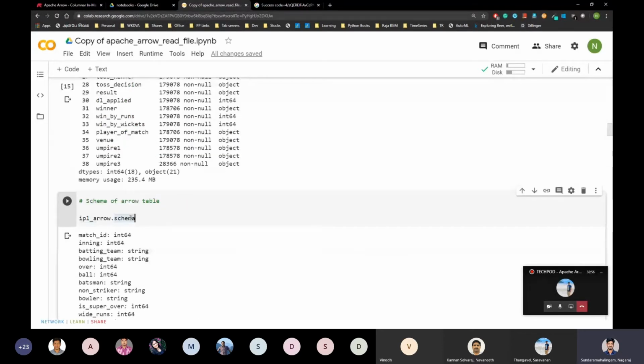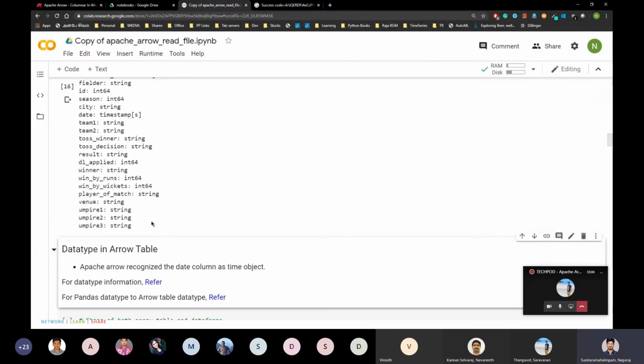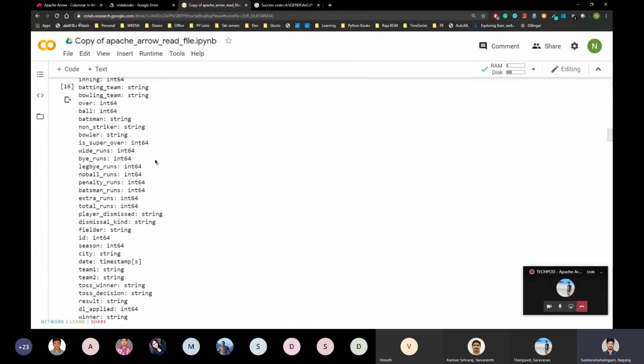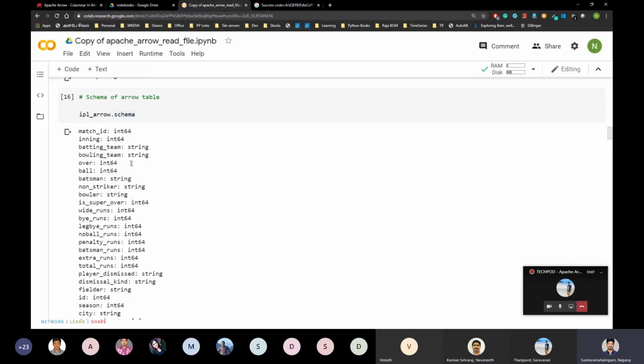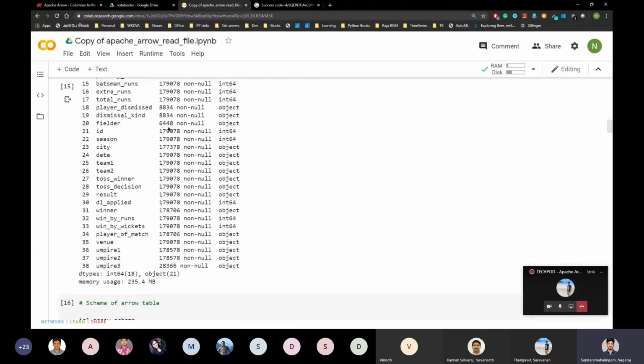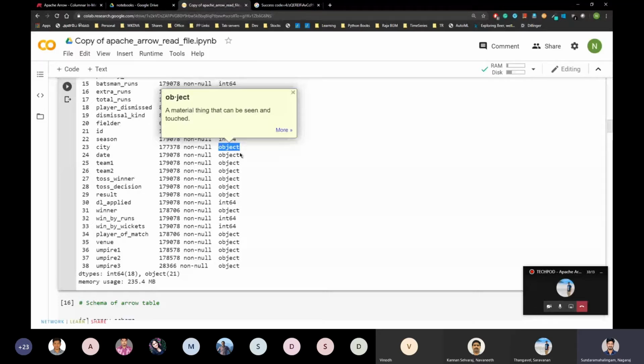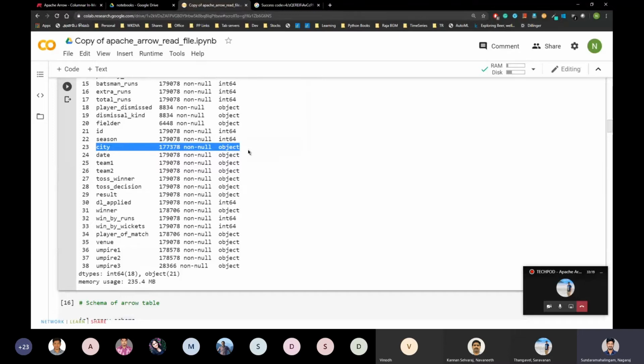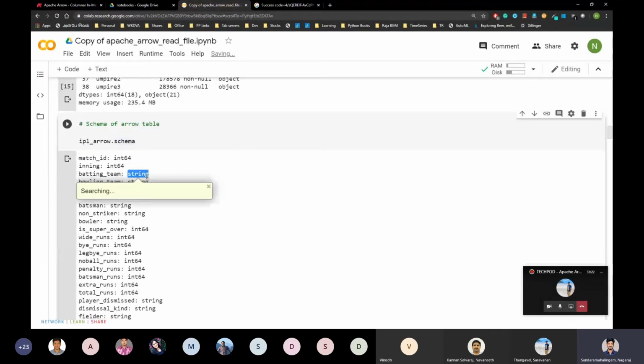We don't have a similar function in Arrow, but we have a schema method which will give you the column names as well as the data types of each column. If you use Python, you know a string is an object. In pandas, a string value is denoted as object. Here it's string.